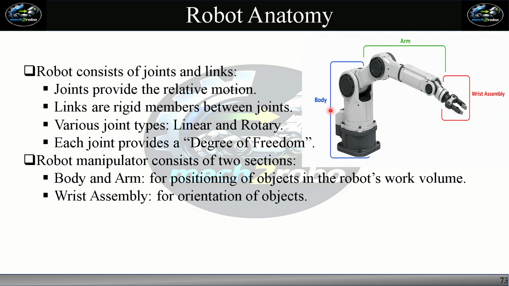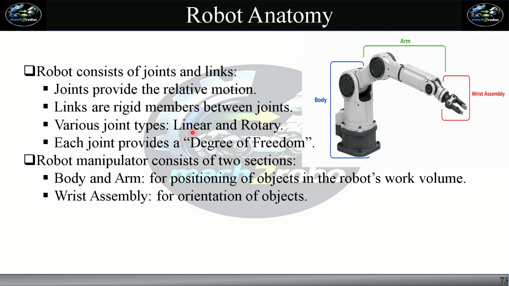As we can see in this figure, this is the first joint, this is the second joint, third joint, fourth joint, which provides the links to the members, which are known as links. Links are rigid members between the joints, and there are mainly two types of joints in robots, such as